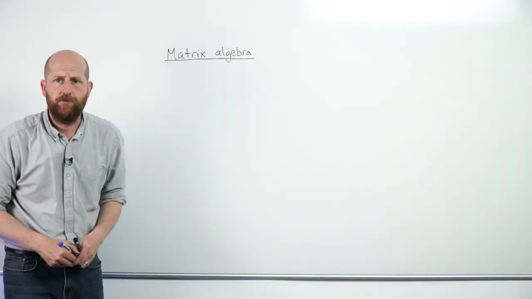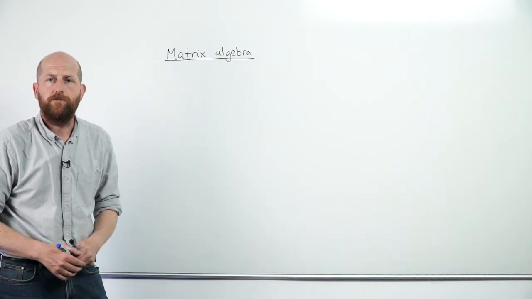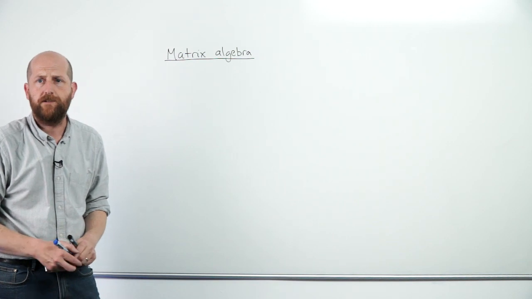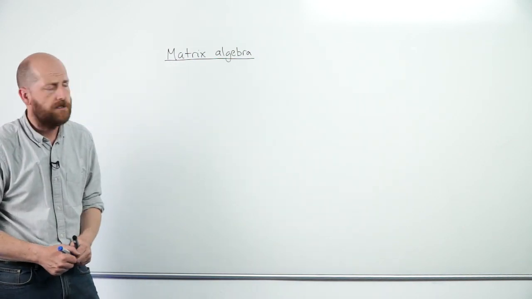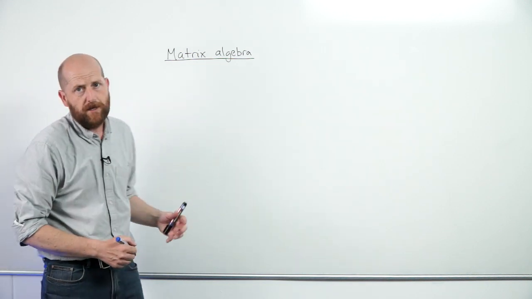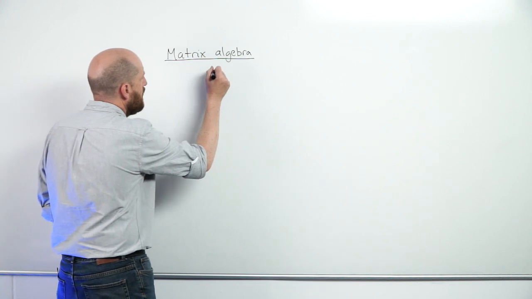Now that we have matrices, we might want to do something with them. We might think about doing algebra with them, so possibly adding matrices, subtracting matrices, multiplying by various quantities. So the first element of matrix algebra that we might want to look at is if we've got two matrices A and B,